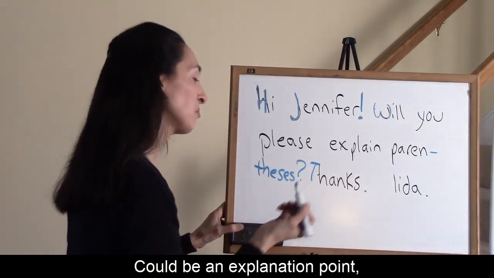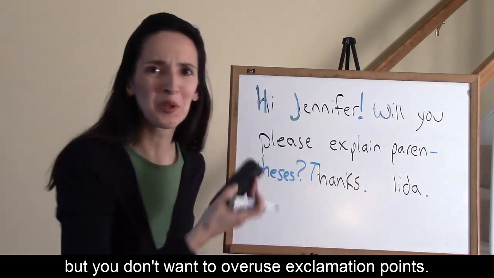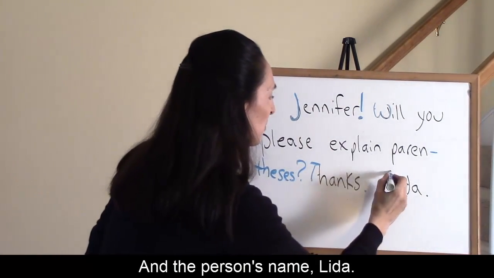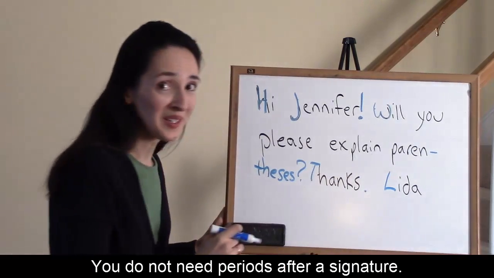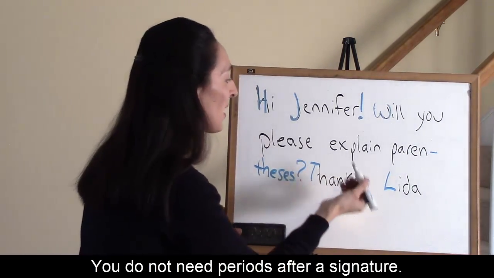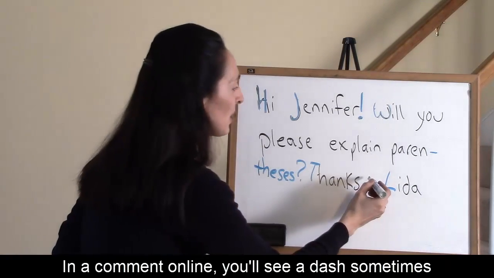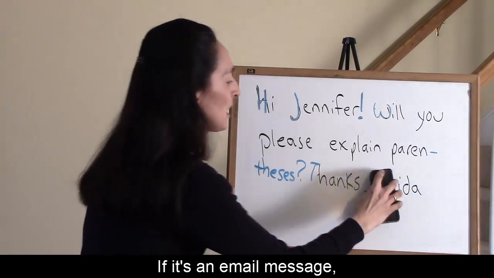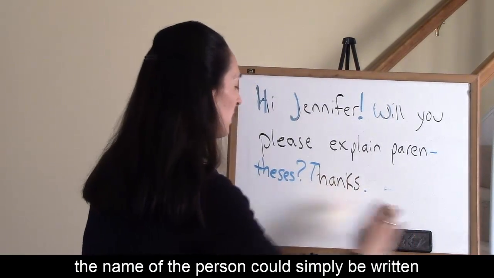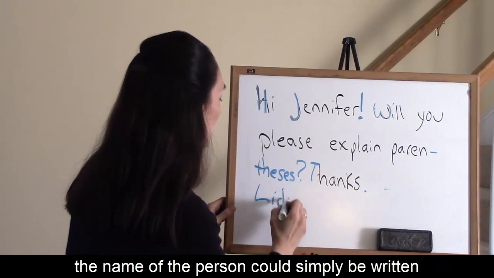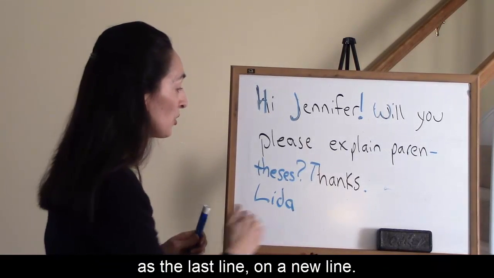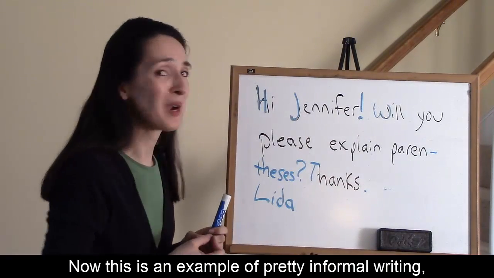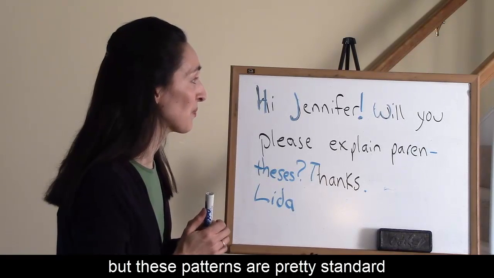Thanks with a period. Could be an exclamation point, but you don't want to overuse exclamation points. And the person's name, Lita. You do not need periods after a signature, okay? In a comment online, you'll see a dash sometimes to sign off, Lita. If it's an email message, the name of the person could simply be written as the last line on a new line. Thanks, Lita. Now, this is an example of pretty informal writing, but these patterns are pretty standard for the internet,